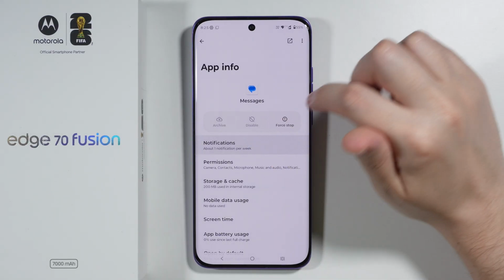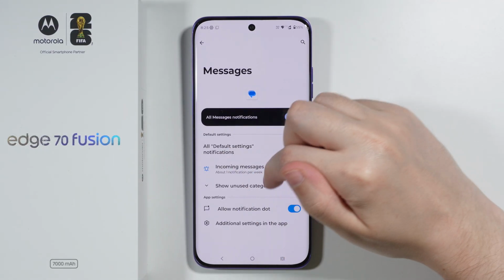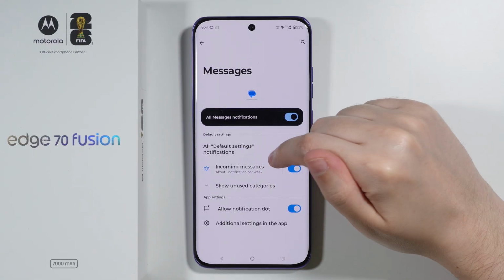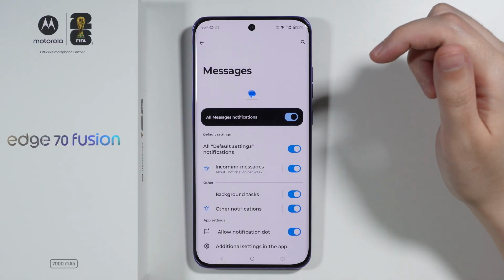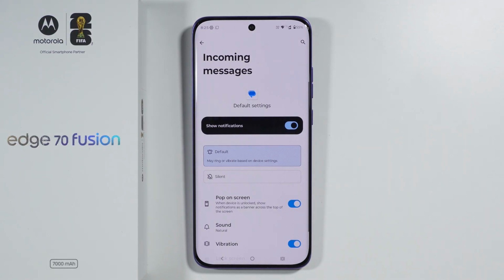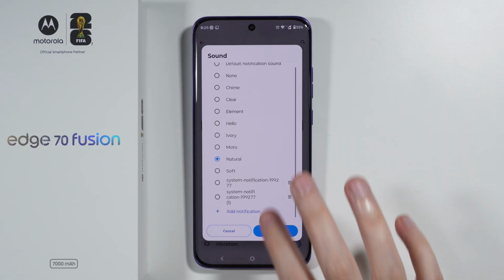Now we're gonna go to notifications, and then we need to find incoming messages, which you might be able to see in here, and if not, tap on show unused categories in order to try to find it here below. So we're gonna go to incoming messages, and then we can go to sound, and then here you can add